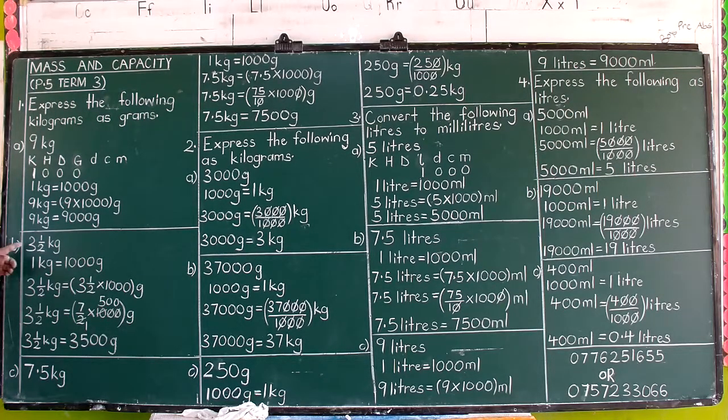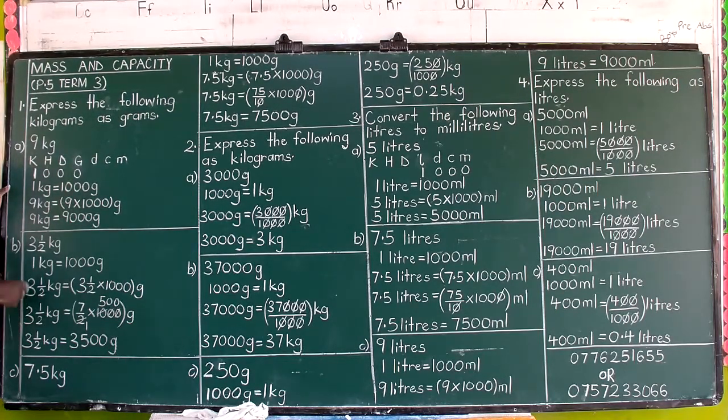Then part B, express 3.5 kilograms to grams. The other being a whole number, this is a mixed fractional kind of mass. So in steady state, 1 kilogram is equivalent to 1,000 grams. What about 3.5 kilograms? You get 3.5 times 1,000 answer in grams. Then you convert this like we did in our fractions. That's denominator times the whole number plus the numerator out of the denominator. That is the procedure of converting a mixed fraction like this one to an improper fraction.